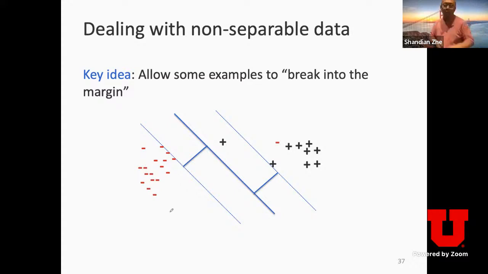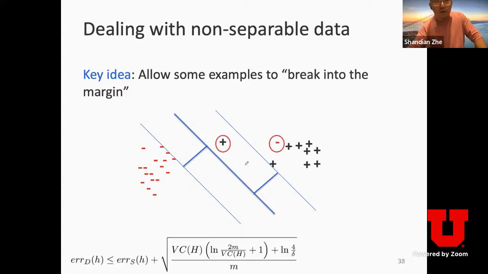So here we give the example, right? Suppose this is my data set, and you see a large portion of positive examples and the vast majority of the negative examples are linearly separable, except a few outliers, right? Suppose you get rid of these two annoying outliers, you certainly can find a hyperplane to separate positive and negative examples,